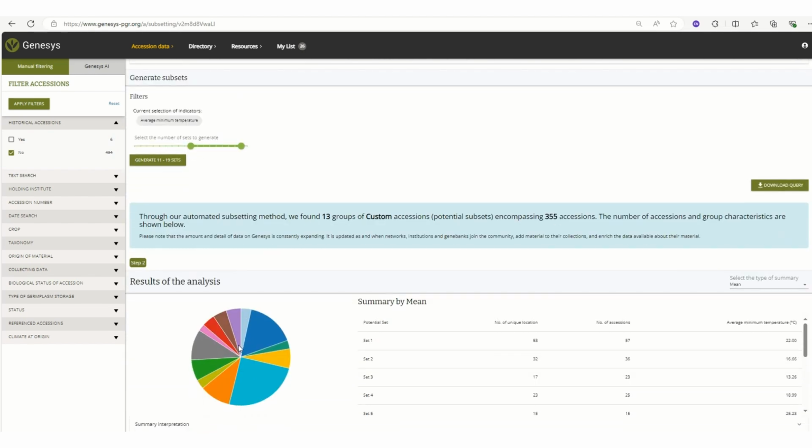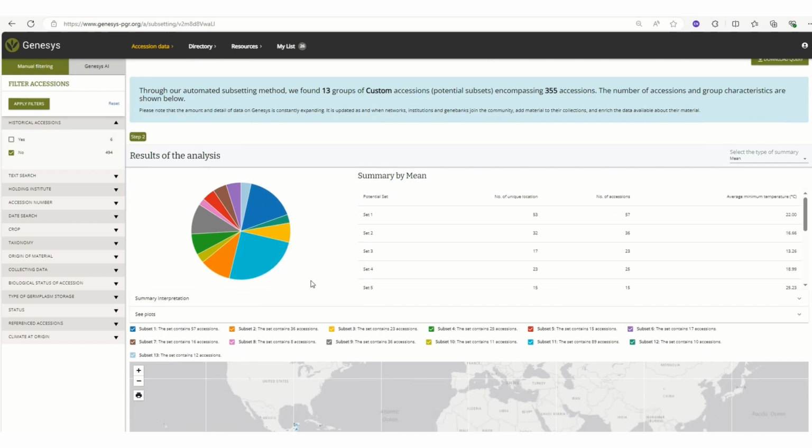Great, and here's the results of our analysis. It's got 13 custom groups, and in this table here, we can select the minimum temperature or leave it on the mean, and we can actually look at each of those groups to see their average minimum temperature. So you can see that set 1 is 15 degrees and already set 2 it has 57 accessions. Set 2 is 4.38 degrees, 4.39, and we can scroll down and look at these. So there's one down here that has 2.94 degrees, and another one that's minus